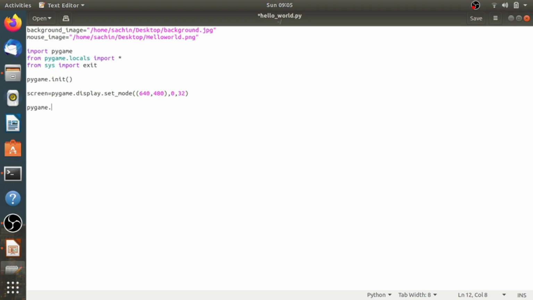We can set the title to, let's say, hello world, just to make it a valid hello world script. So pygame.display.set_caption and pass it hello world.